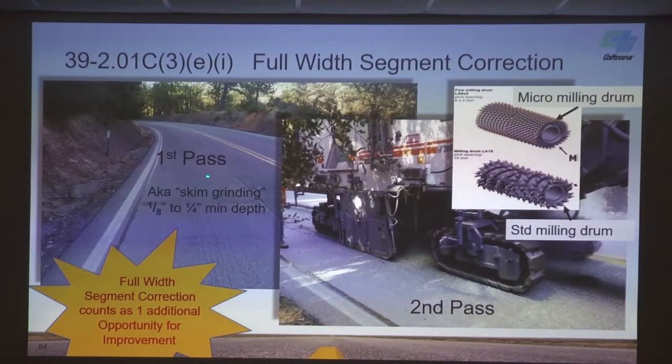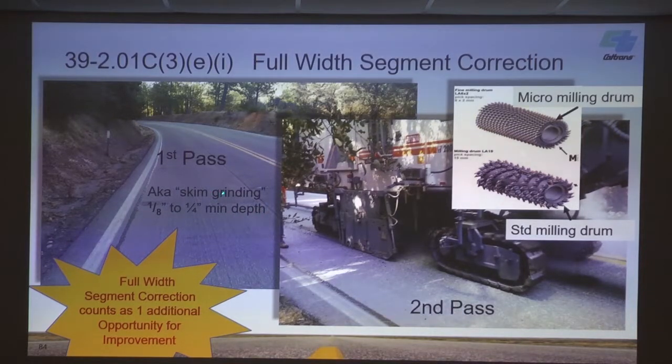Here's a picture of a skim grind. This was a project up on Highway 49 where they're doing some work. Anyways, they basically had a lot of ALRs. Let me back up. They ran the inertia profiler through this whole stretch of road. There's a couple miles of it. It's a pretty windy road. There are some areas where the MRIs were in the 80s, 90s, and other areas where they're in the 180s,